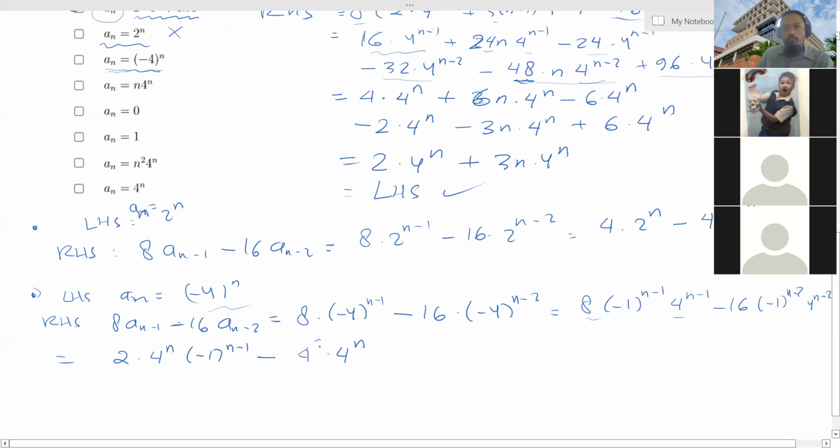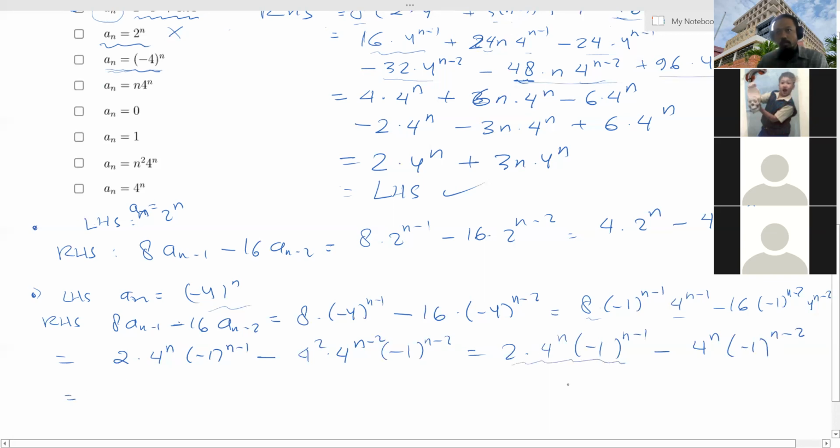So 4 to the power of 2 times minus 1 to the power of n minus 2. Now this gives us 2 times 4 to the power of n minus 1 times minus 1 to the power of n minus 1, and then this is minus, so it is n minus 2, right? So this gives us 4 to the power of n times minus 1 to the power of n minus 2, and at the end,